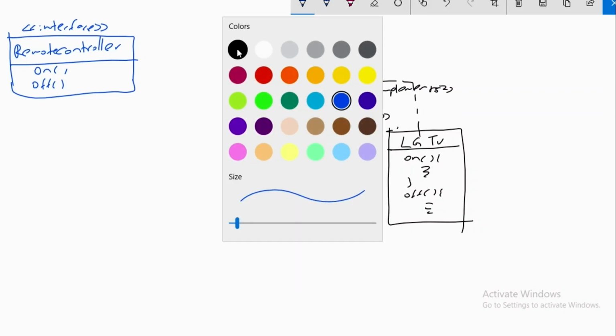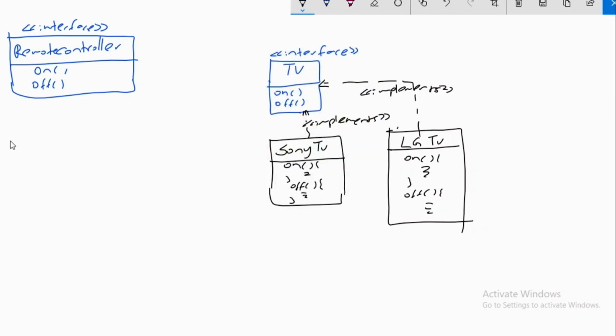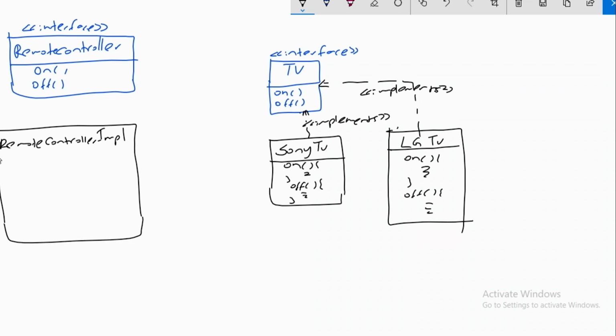For the implementation, I have to have another class, let's say remote controller impl. Within that I implement the interface, so definitely you have to override these on and off methods.